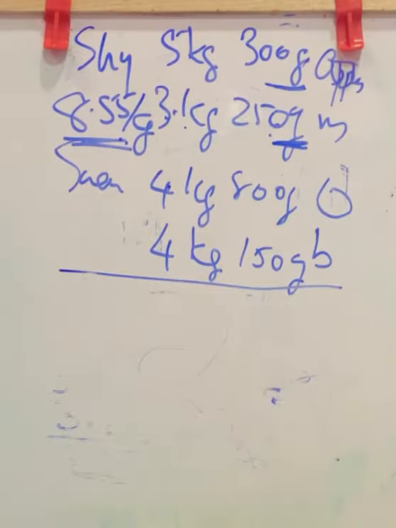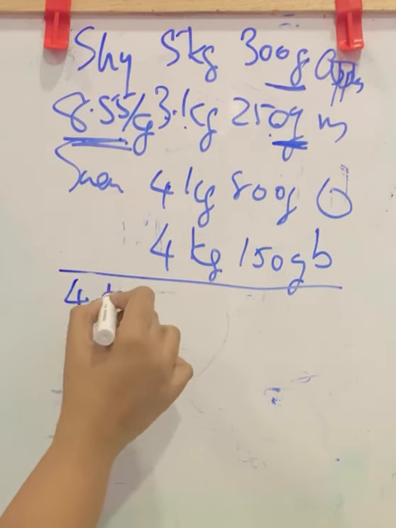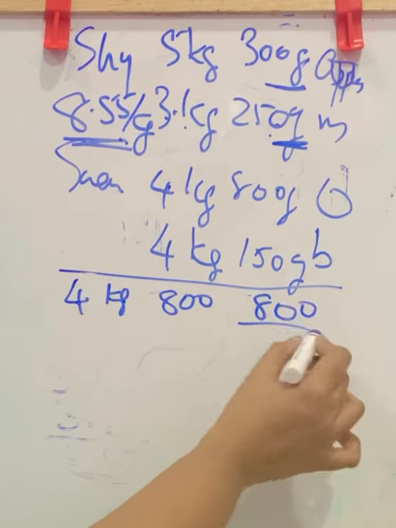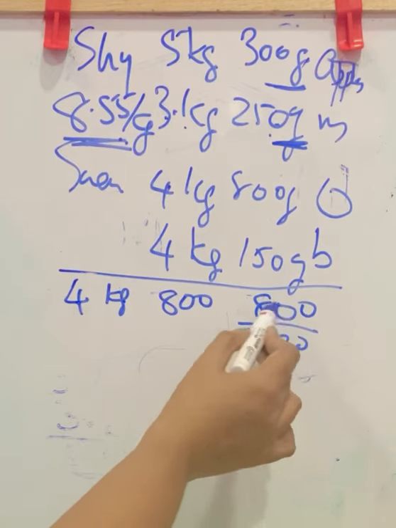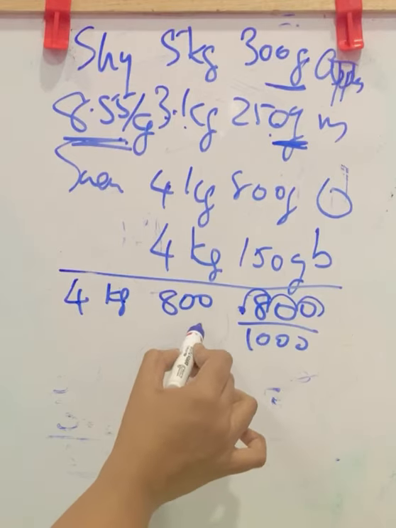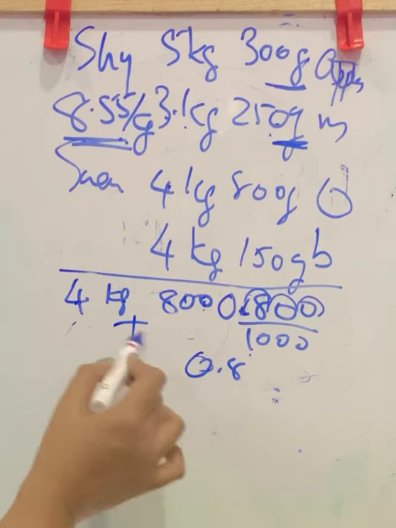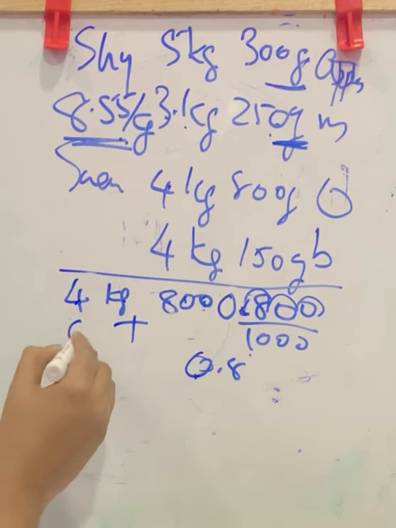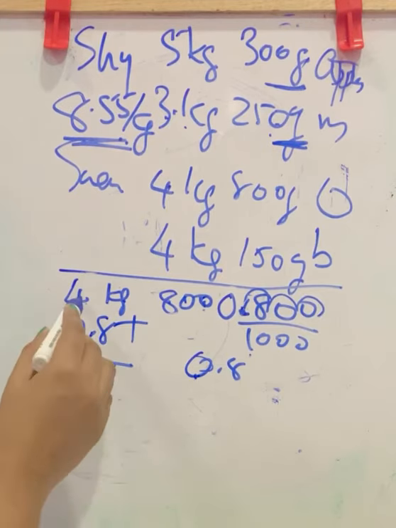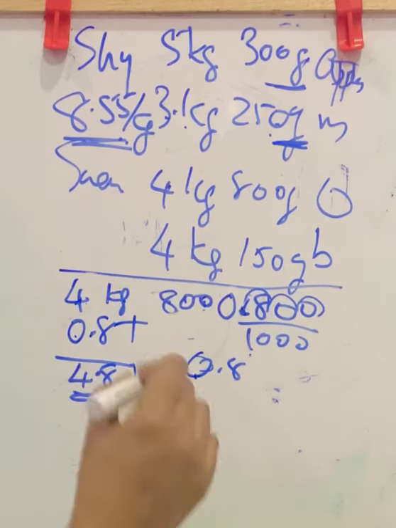Now next is Sarala's. She bought 4 kilogram here, and 800 grams of orange. So convert this 800 to kilograms. Division by 1000, 3 positions it will go leftwards, so it will reach here, that is 0.8. Now add this with this 4. You want to write the 0, it is in the whole number part, write it under the 4, 0.8. Here carry down this .8, 4 plus 0 is 4. 4.8 kilogram oranges she bought.